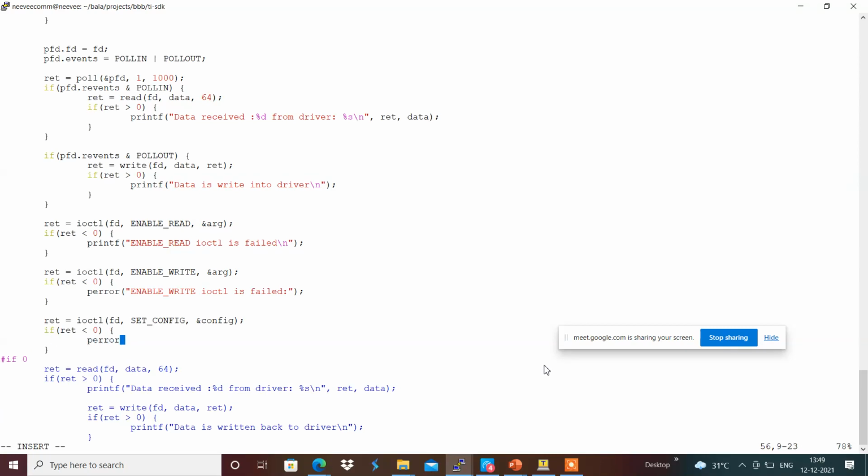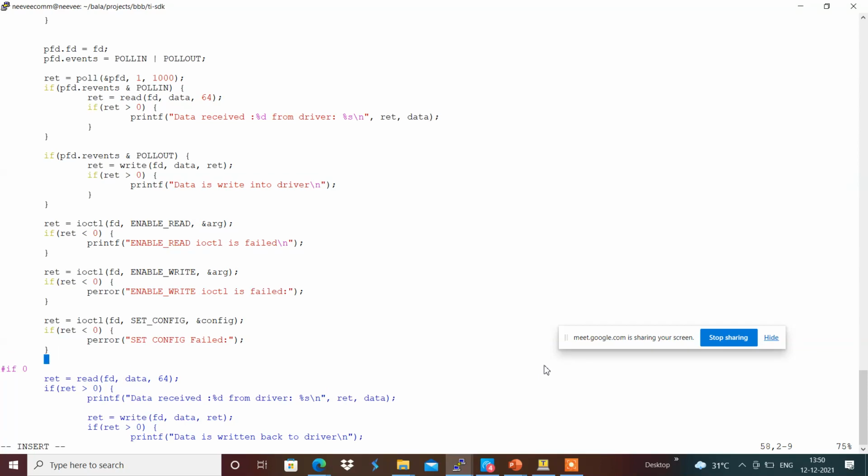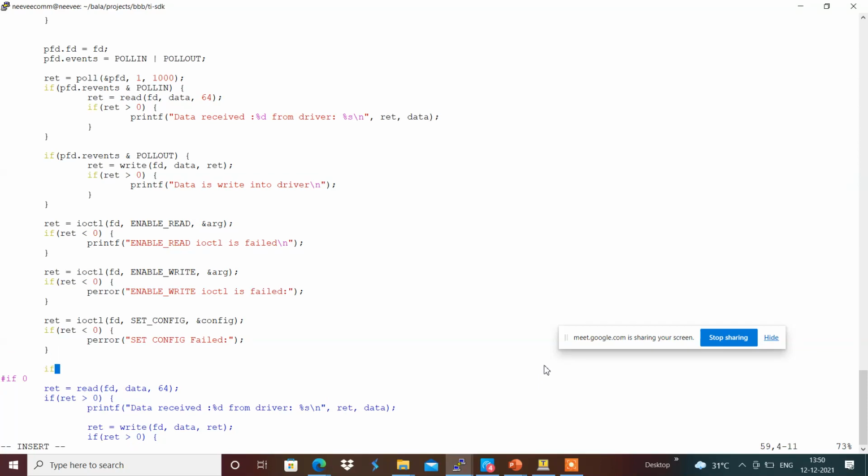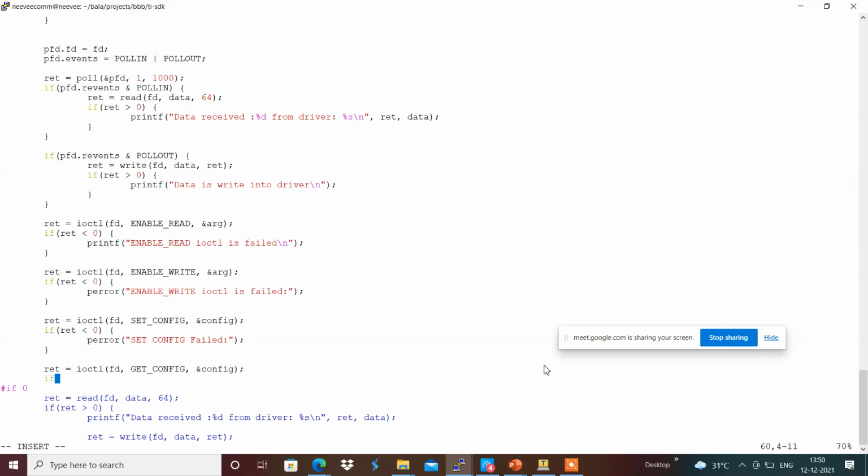Once we have configured it, we can confirm whether the same setting was present inside the driver or not by fetching the config back with the help of get config and config over here, which can be used: if return less than 0, then perror get config failed over here.